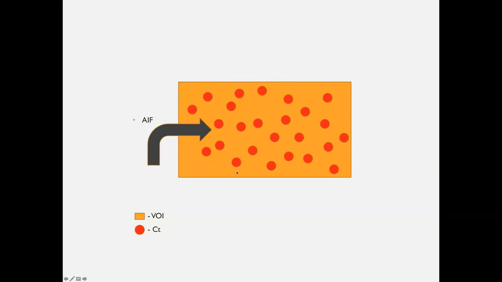Diagrammatically, this is the region of interest you are interested in. Let us say this is an area of tumor under an ROI. The red dots represent CT, the concentration of contrast at a given time, which we have obtained from the last equation of signal intensity change. And AIF is nothing but the concentration of contrast going to that VOI from a major feeding vessel to that region, like the MCA. This is computerized. We are not calculating manually, but we need to know these two factors play a major role.